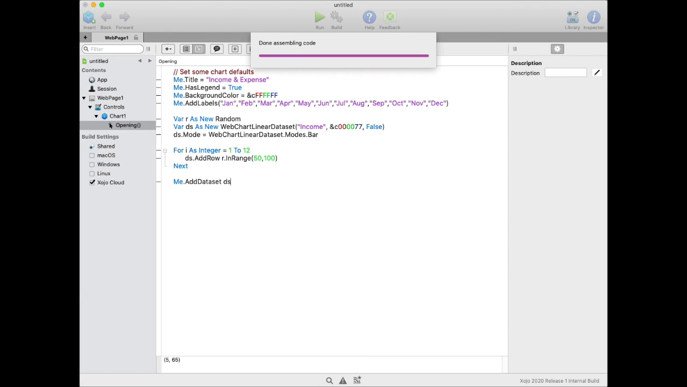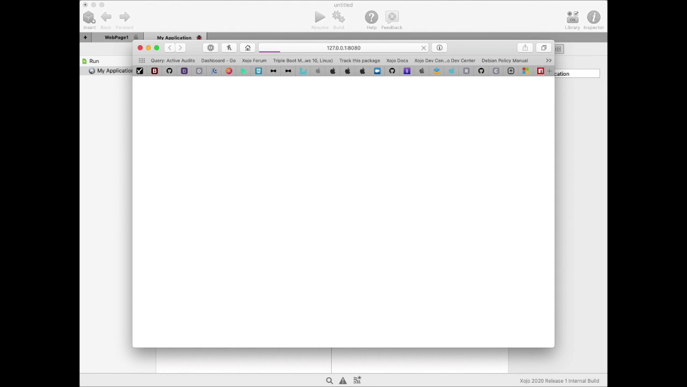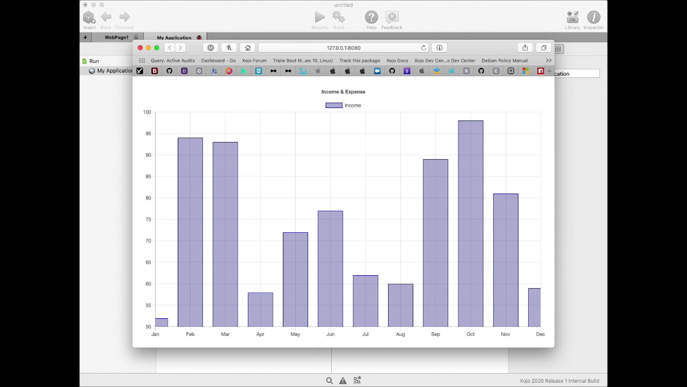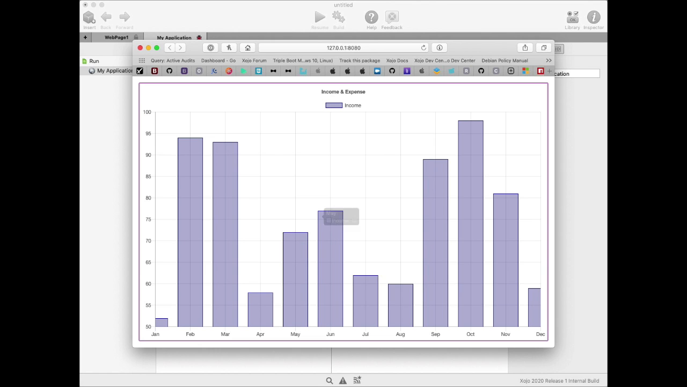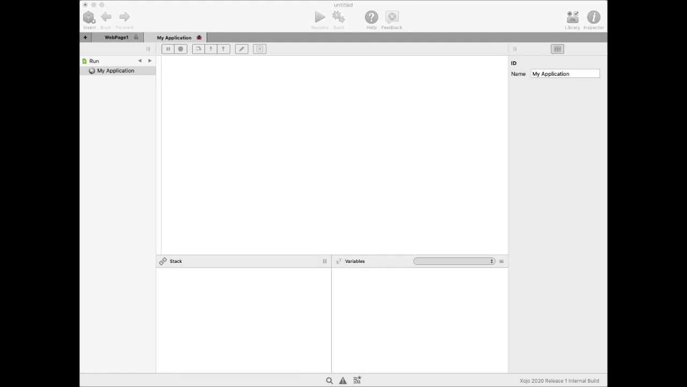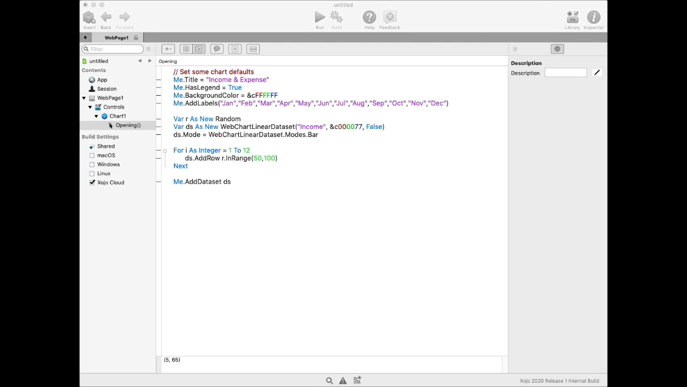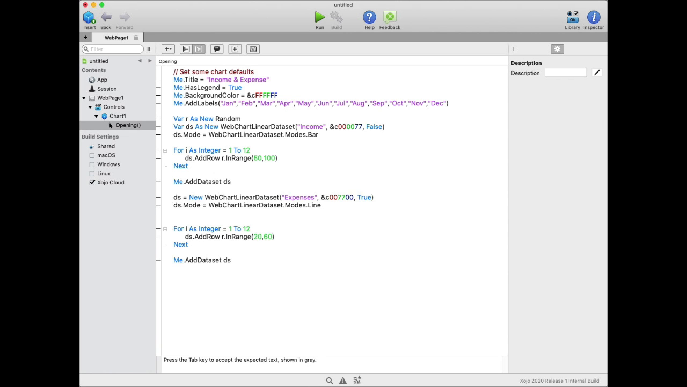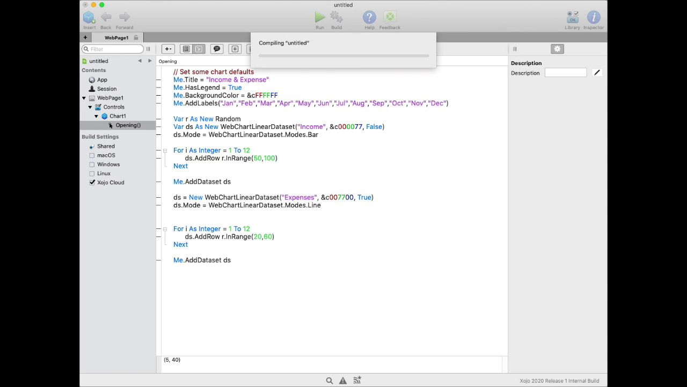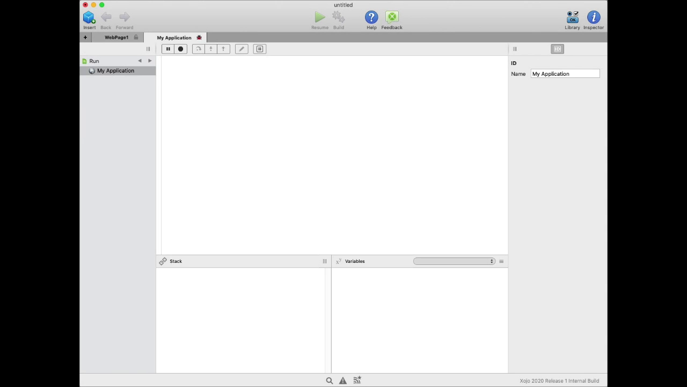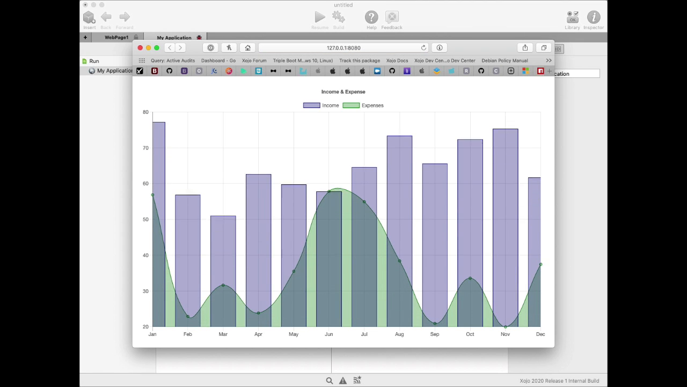If I run this, you can see we get a pretty chart. It's got rollovers that tell what the values are. These are actually clickable, so you can get events on the server. And you can overlay data sources onto one another. So if I run this with a second data source, this one's a line chart being drawn on top, and they're translucent, so you can have